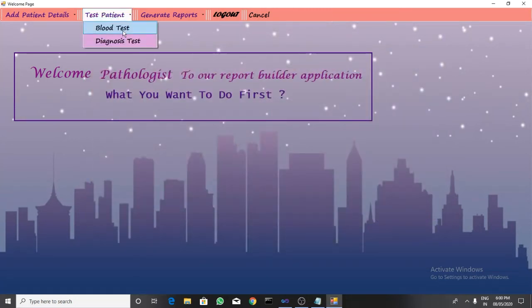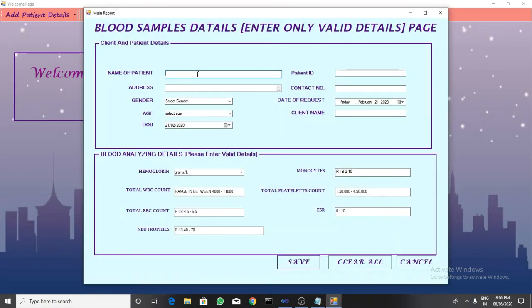Now we have to create a blood test report. Then we have to click on this and fill up this form.